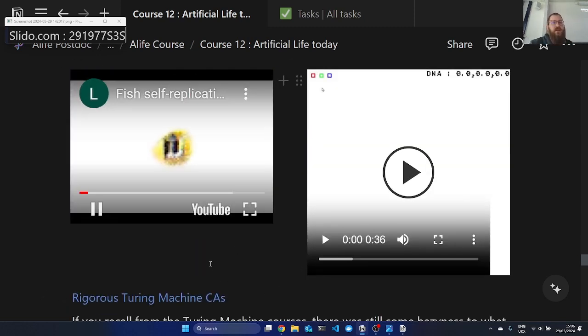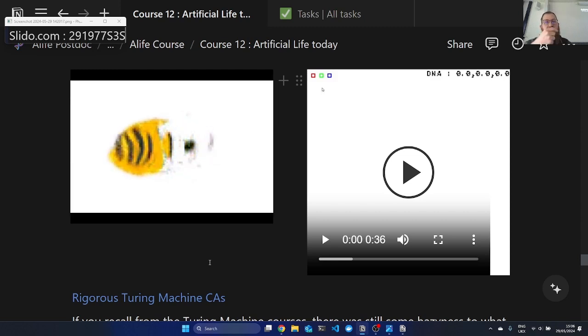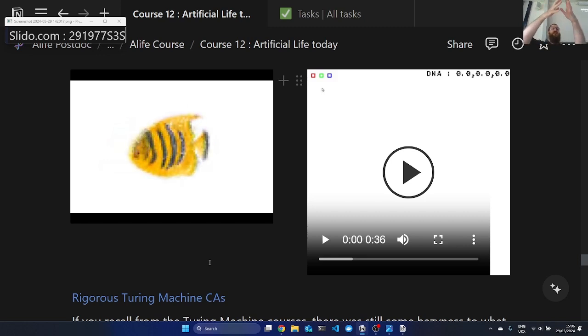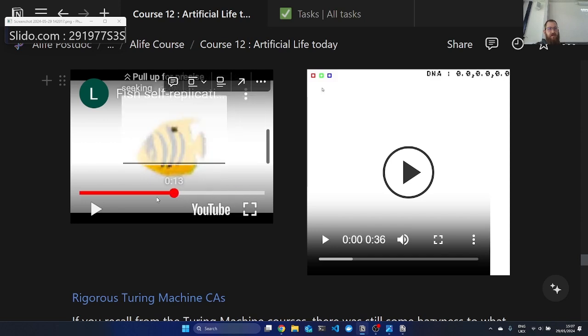I don't know if I already showed this. This was a paper also from the last artificial life conference where they trained an NCA to reproduce. So you see that you have the egg, you train it to get into a fish. Then you have a second training step where you get the fish to lay an egg, right? And this is the final step. And then what they do is they make some surgery. They take this egg and put it into a new world, and then they let it evolve. That's what happens here. And if you look, this is the final fish.